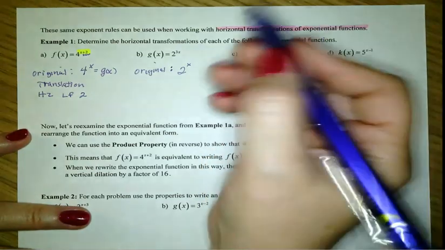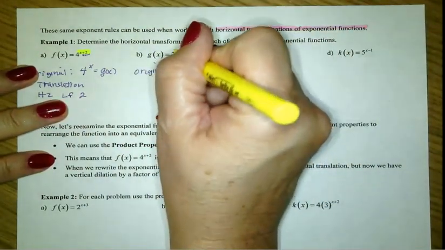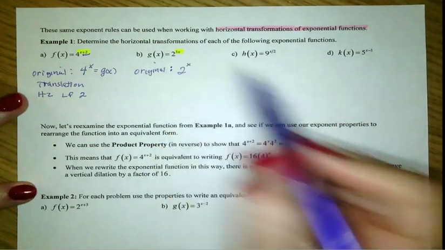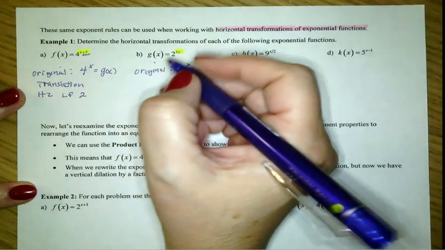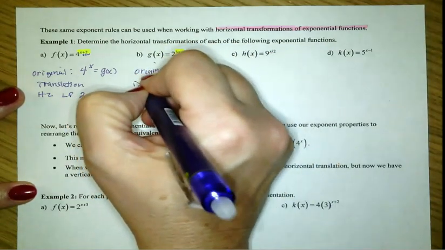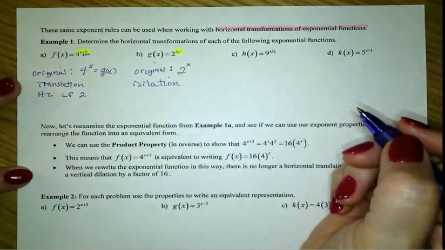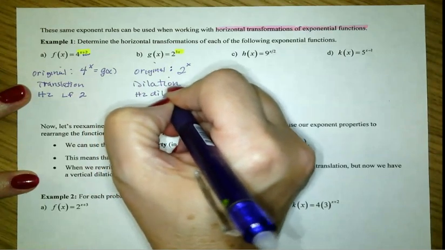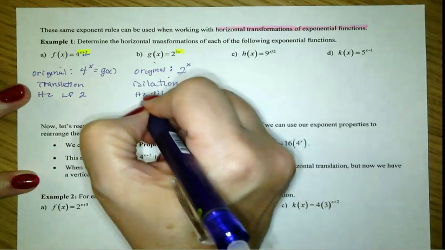So what was going on with the transformation? So I'm looking up here in the power, and so I see that we have a 3 and an x. So if x was the original, then multiplying the 3 to x was the translation. So when it is a product, we know that we have a dilation. And what is the dilation that we have? It's a horizontal dilation by a factor